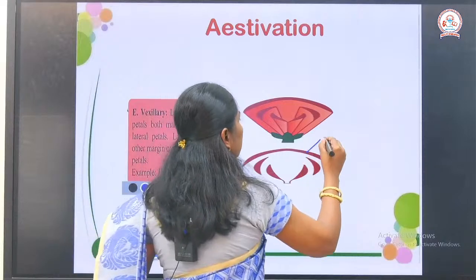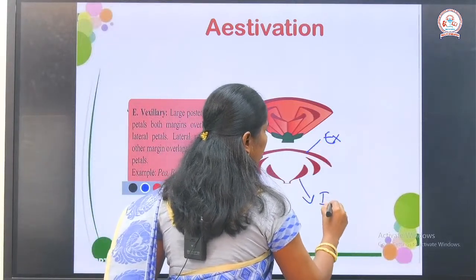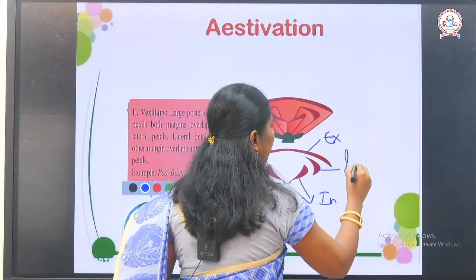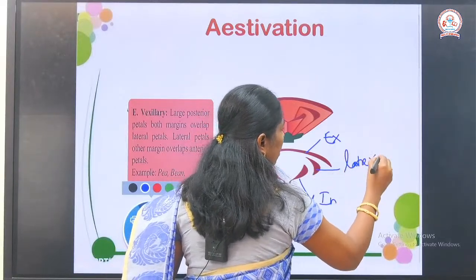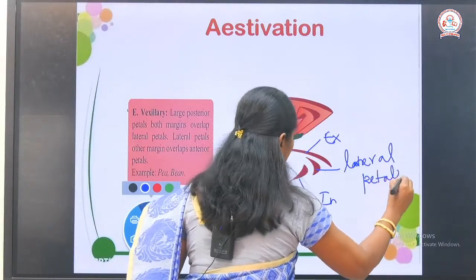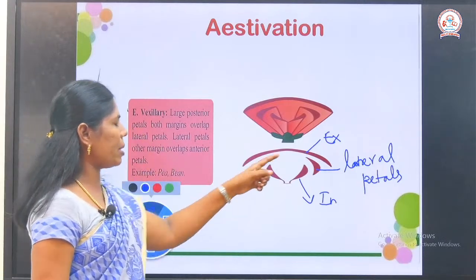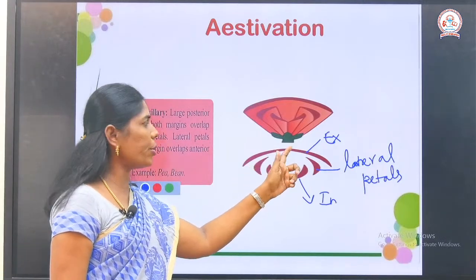So this is your exterior and this is your interior petal, this is your lateral petals. Lateral petals. Okay, so the large posterior, this is called an exterior petal, this is a large posterior